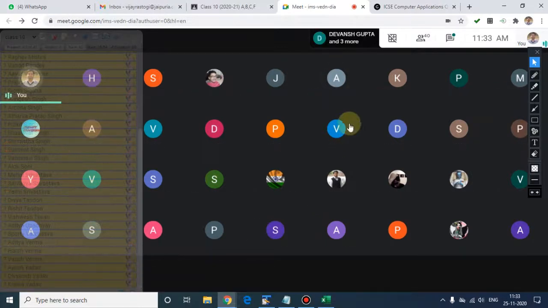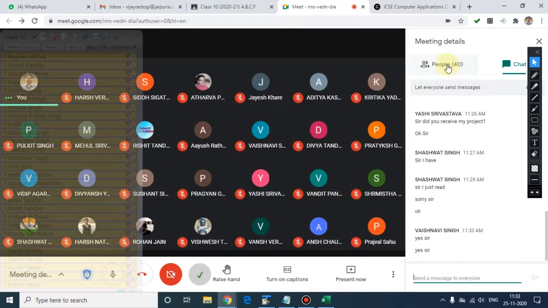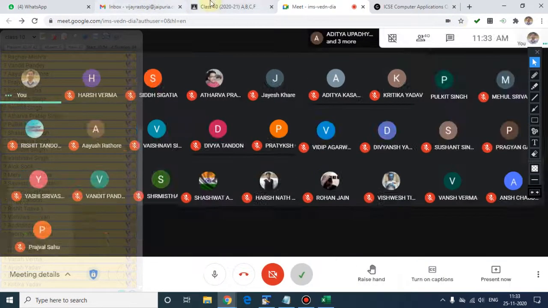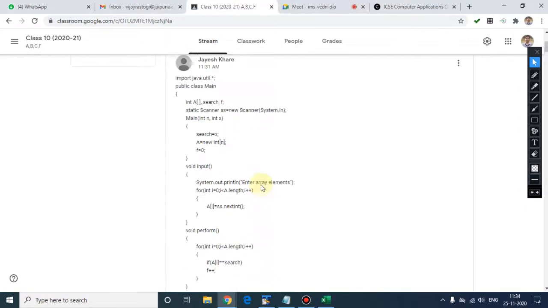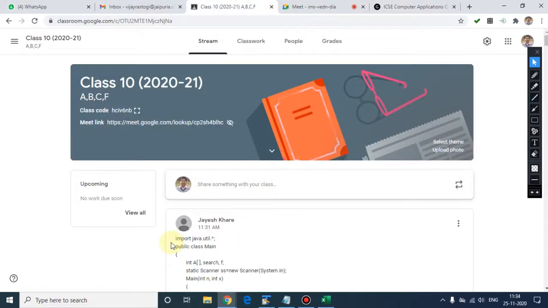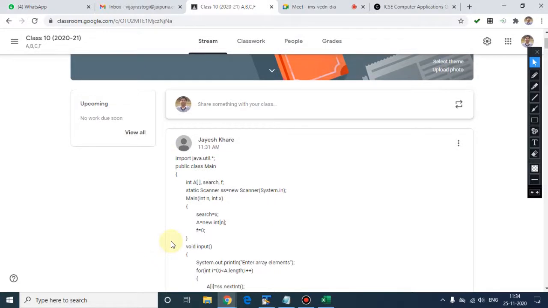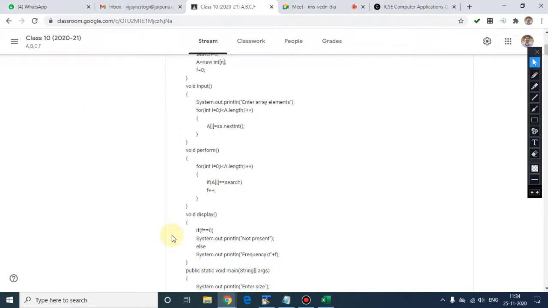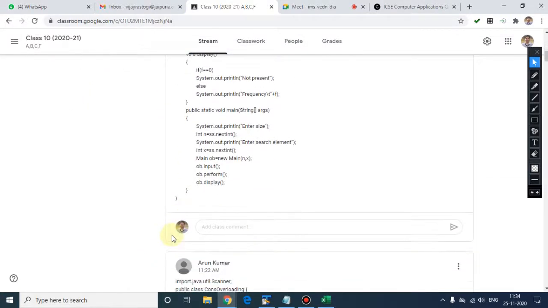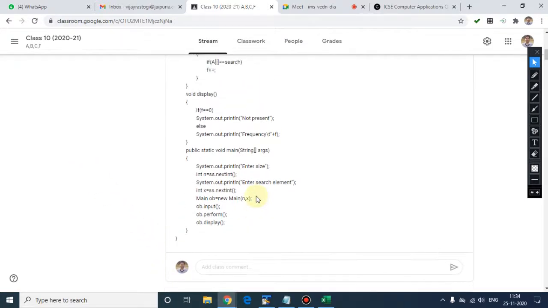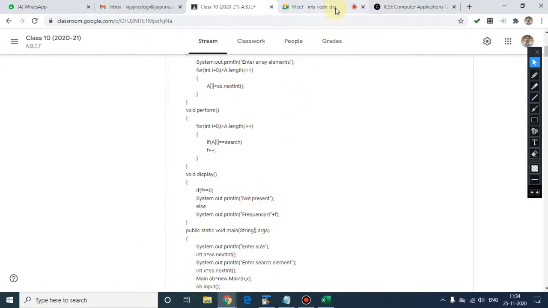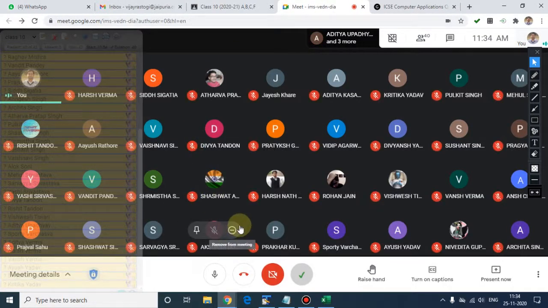Please do it fast and post the solution in the GCR. And after posting the solution, please let me know whether you have posted or not. And those who have not completed the project yet, these programs you can add in your project also.